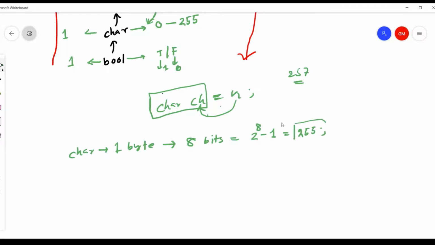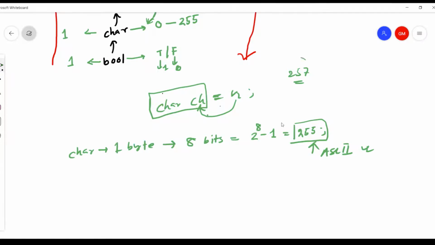This is the ASCII value range. Watch our data type lecture to understand ASCII values, which I discussed there. An ASCII value is a reserved integer number against a character.